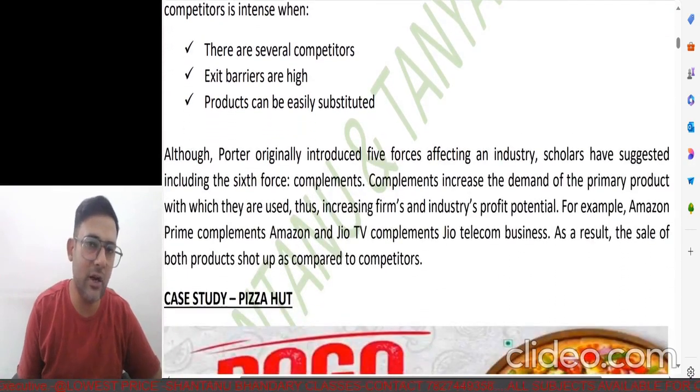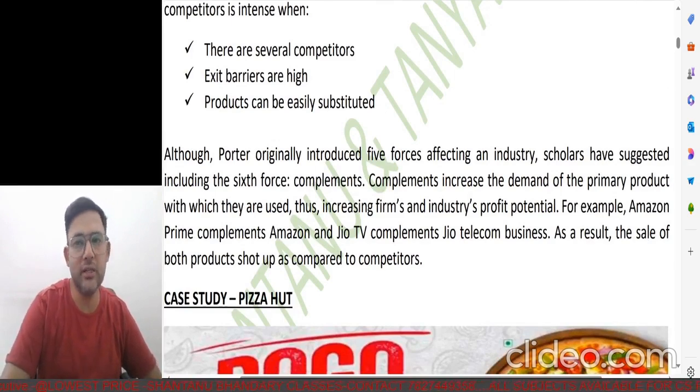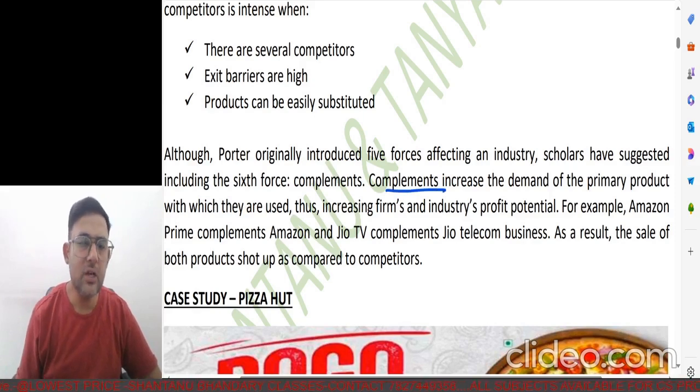And at the very start of these Porter's five forces, I did mention that technically it's being said it's five forces, but now technically there is another one, which is called the sixth one, and that is also called complements. So when we say this is a complementary thing, what do we mean by complementary? Complementary is something that's given in addition, or it's kind of a freebie, things of that sort, right? So you are not purchasing, you're not paying for that complementary part.